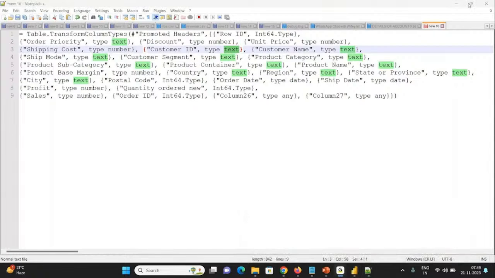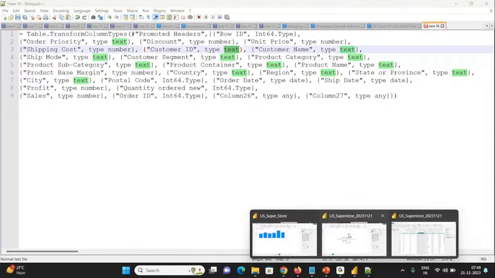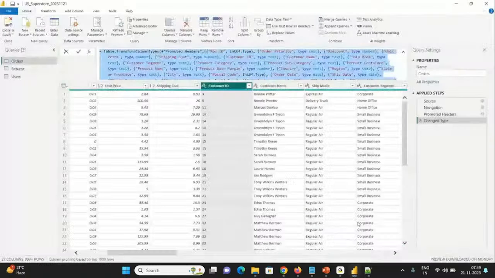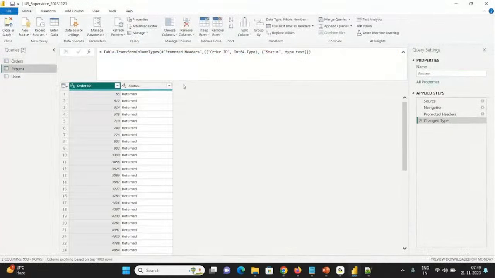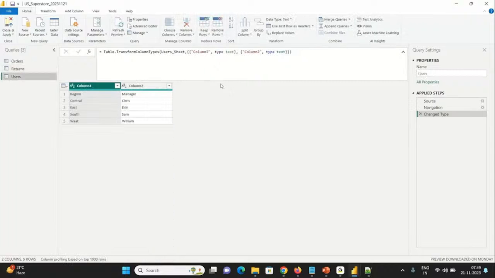And then if you go back to Power BI, if I go to returns sheet, this order ID is written as number and then the status is string. Let's leave it over there. Heading is also proper. And then now in the users, if you see this particular row, region and manager is